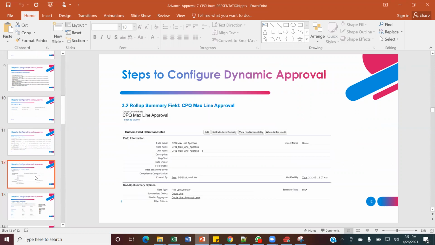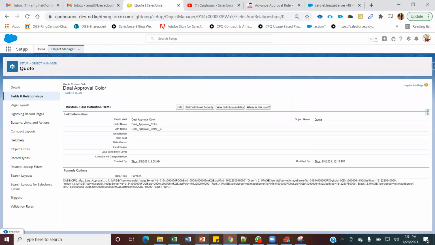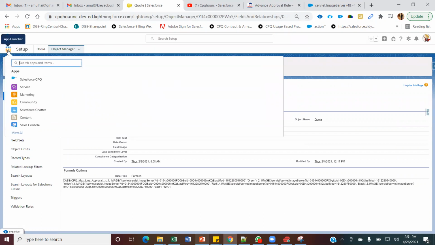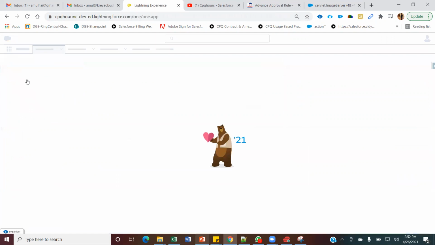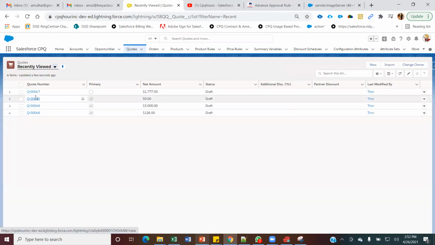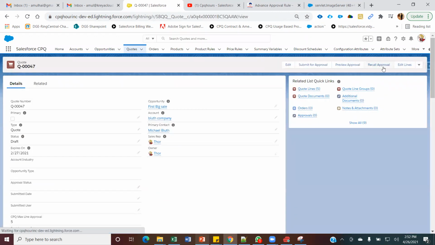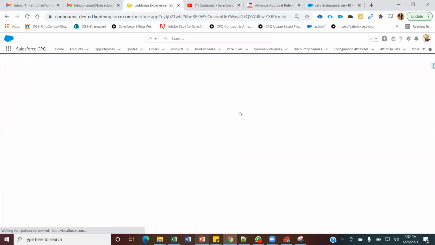What is happening here is, let me tell you, the approval label and approval color that you see on a quote line item, how is it going to be defaulted or populated on the quote line item? This is what the question is. Now, let me quickly grab and open one of my quotes. If I click on edit line,